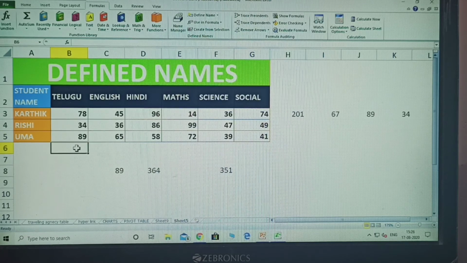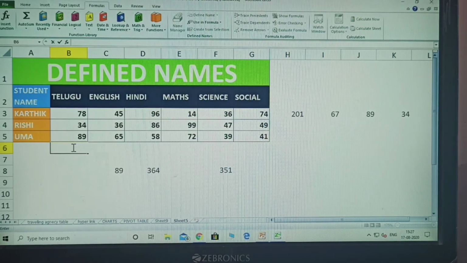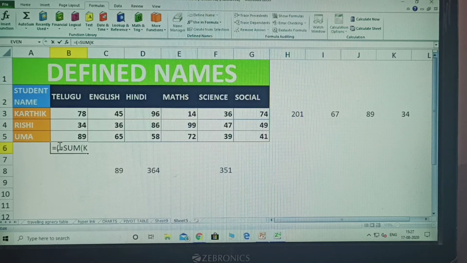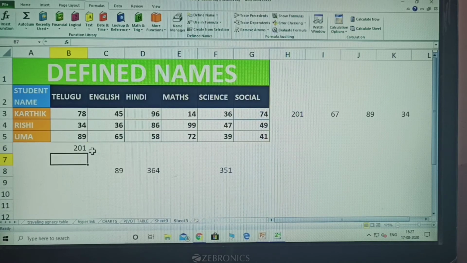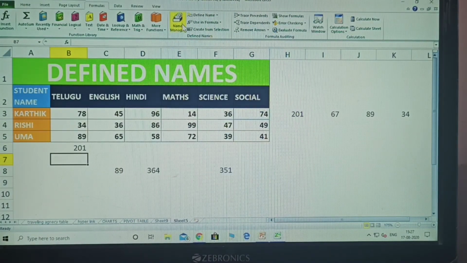Only Telugu marks. Equal to sum, which person? Karthik. Tap that one, click OK, click enter. Only the Telugu marks are used, the name is modified by editing.